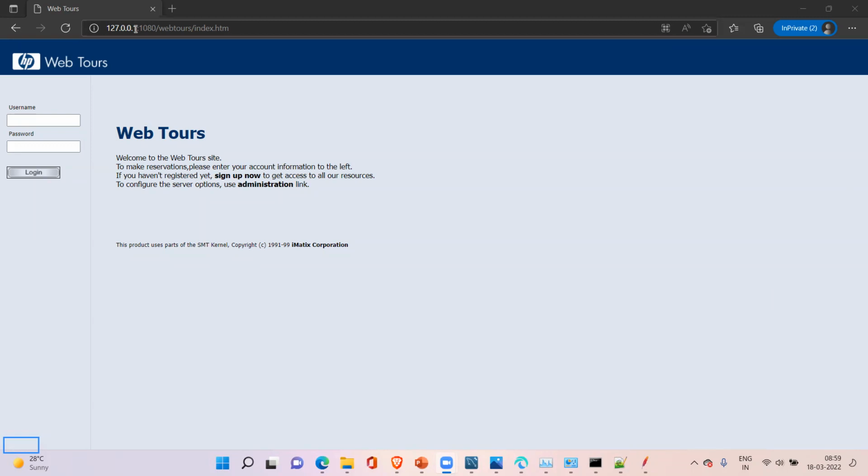Anyways, 127.0.0.1 is the default IP address of your machine. Remember this. This is the default IP address of your machine. Clear? Guys, understood or no? Yes, that is the default IP address of your machine. Okay.